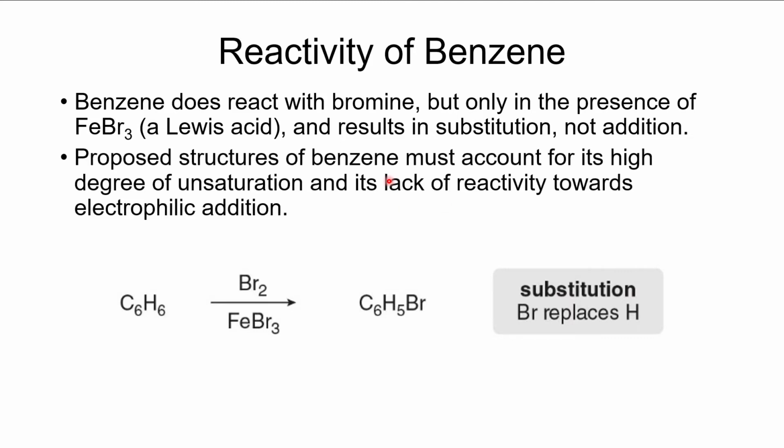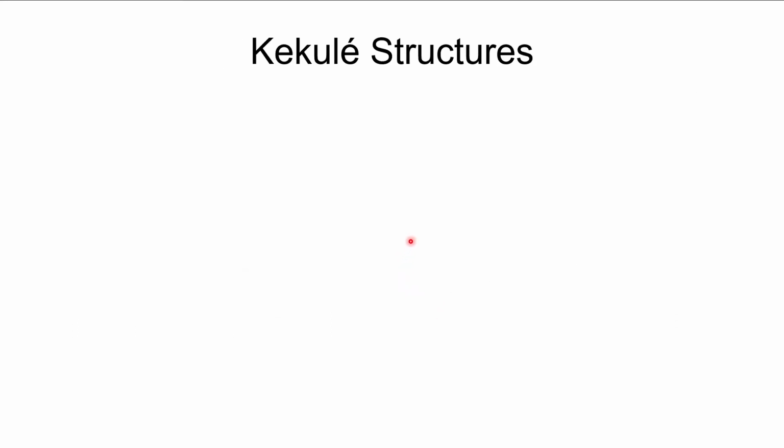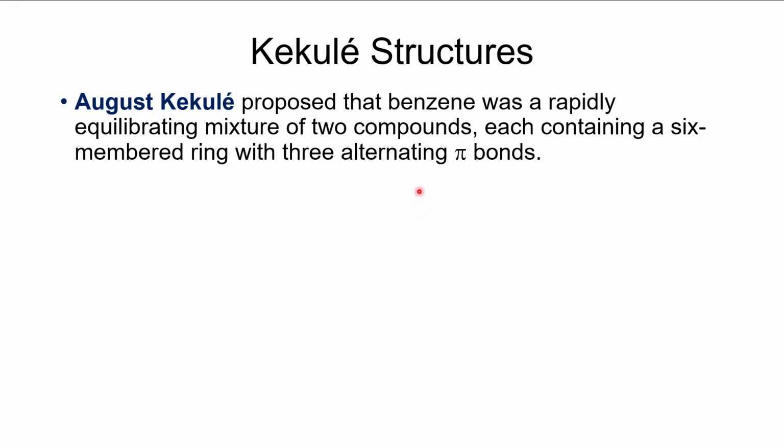But for now, we will say that benzene does not undergo normal electrophilic addition, and that is where we add an electrophile across a carbon-carbon double bond. We just don't get that to happen. So we want to look at the structure of benzene. We want to understand why benzene has the particular structure that it has and why we represent it in the way that we do. It all goes back to a chemist named Auguste Kekulé, who proposed that benzene was actually